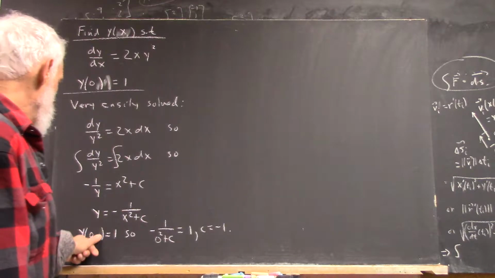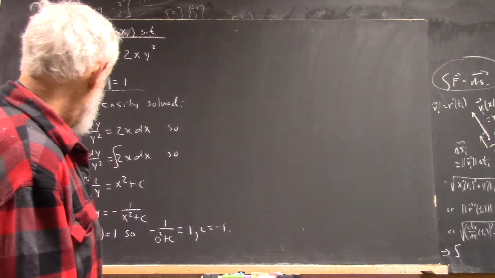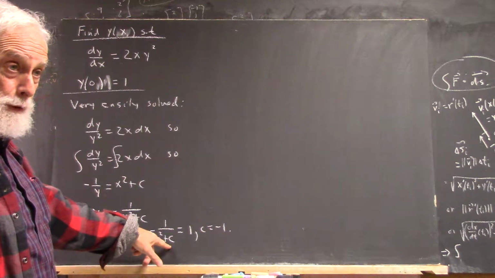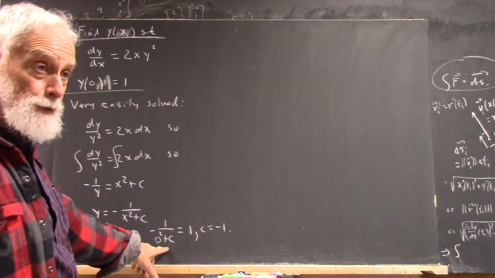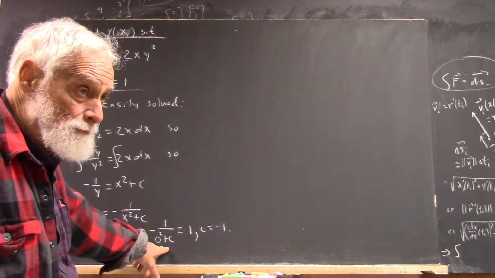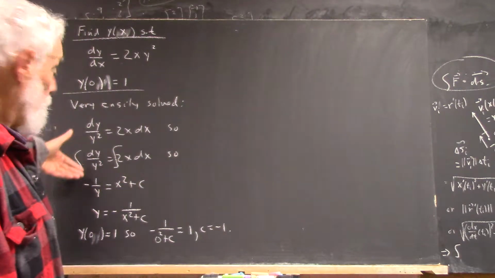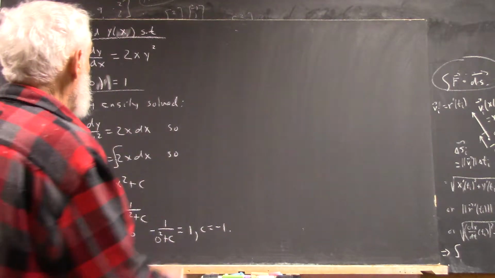So y of 0 equals 1 tells us what? If x is 0, we get negative 1 over 0 squared plus c, and that has to equal 1. The only way that happens is if c equals negative 1. That's all trivial algebra and easy calculus. Easy integration. Okay, well,